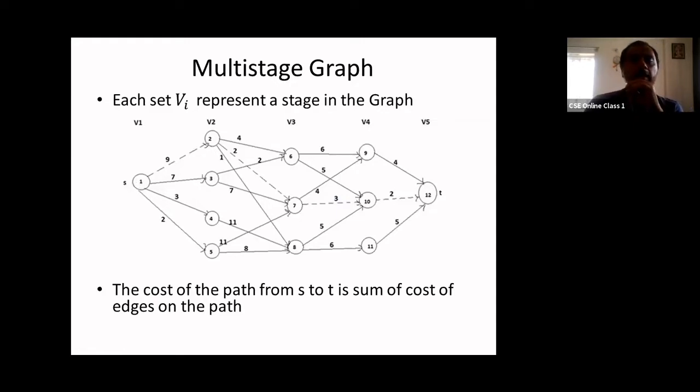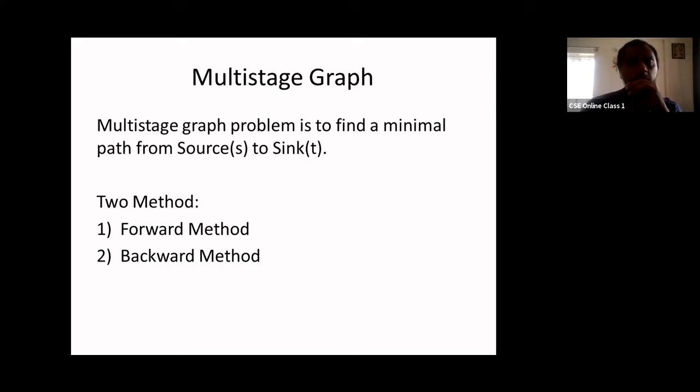That is a feasible solution here, it is indicating that the path should originate from the source vertex and it has to end at the sink vertex. So we may have multiple feasible solutions, and dynamic programming is one of the techniques which will try to find out the best feasible solution, which we call the optimal solution. Now, what is the optimal solution? Here in this case, for a multi-stage graph, we should find out a minimal path from source to sink. Fine. So we may have multiple paths available. So it has to find out a path which has a minimal cost of travel from source to sink.